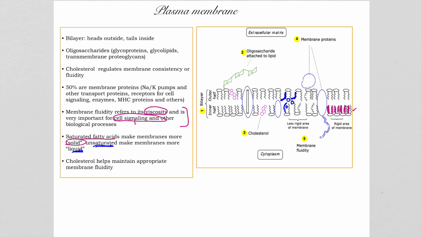So cholesterol, which is part of membranes too, actually helps maintain appropriate membrane fluidity. That's important. We have always heard bad things about cholesterol, but cholesterol is very important to health. You can see it affects membrane fluidity, which is very critical in many biological processes,